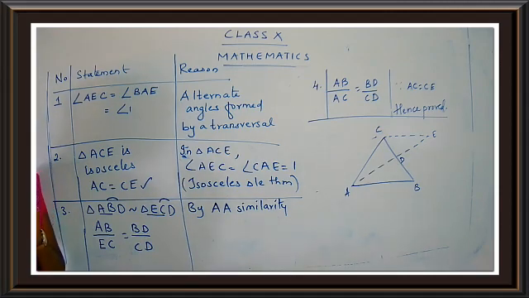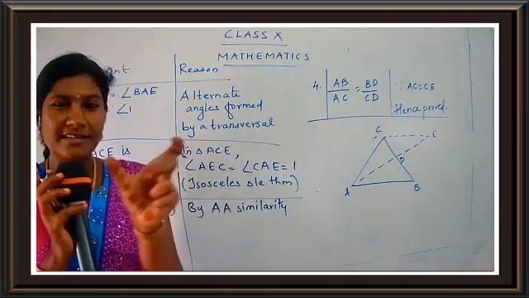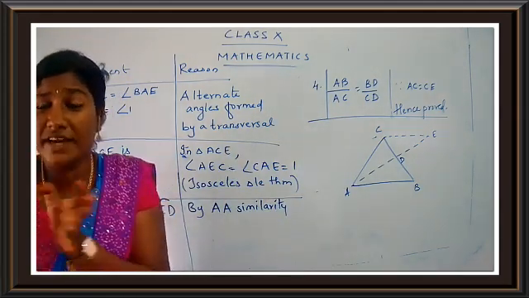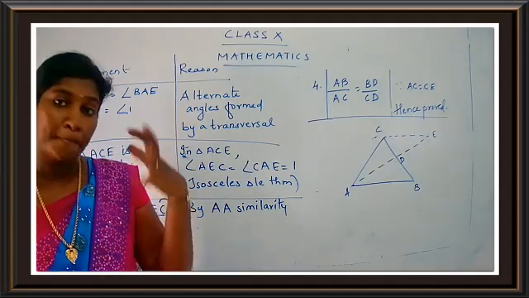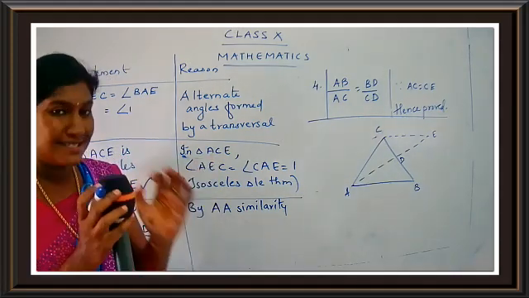Getting my point, children? Let us have a recap of our angle bisector theorem. First of all, we started with the name of the theorem. What was the name? Angle bisector theorem. Then we wrote the statement. What was the statement, children? The internal bisector of an angle of a triangle. Remember, first statement. Just read the statement part by part. Do not read it all at once, or you will not be able to understand it. Understand the statement.